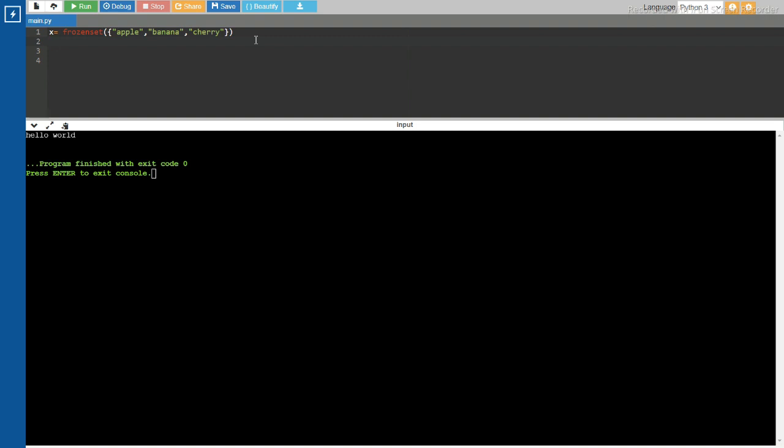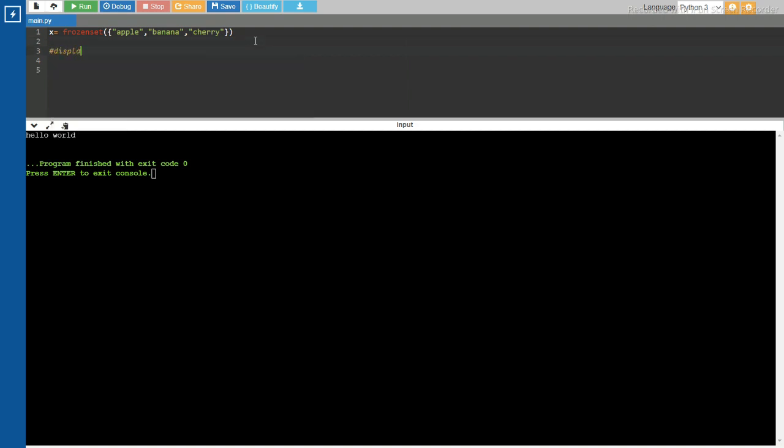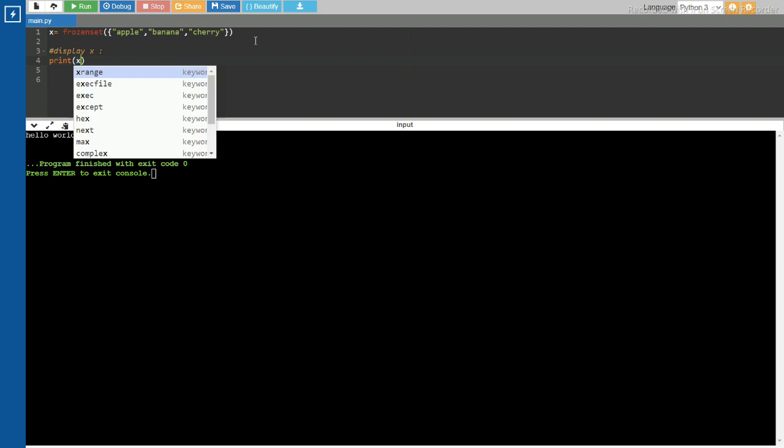I will explain how to mention the hashtag. Let's type hashtag display x, then print(x).